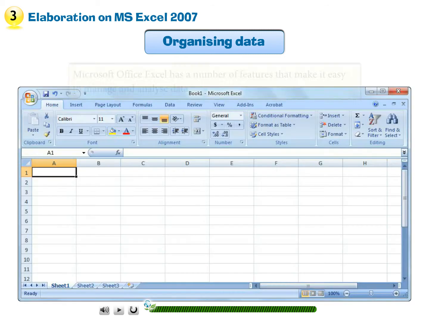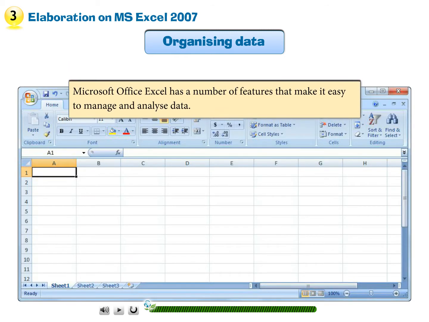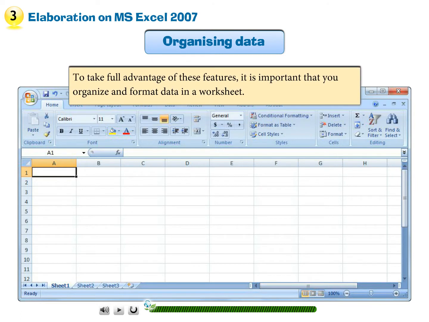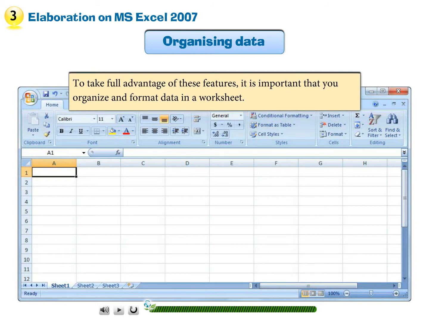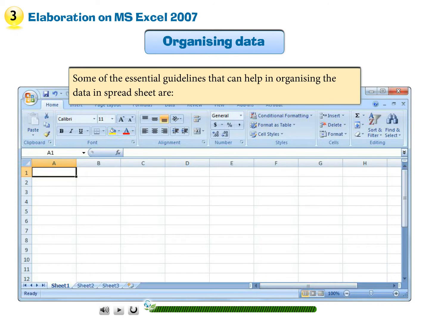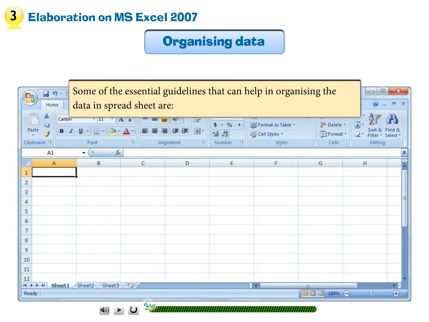Organizing data. Microsoft Office Excel has a number of features that make it easy to manage and analyze data. To take full advantage of these features, it is important that you organize and format data in a worksheet. Some of the essential guidelines that can help in organizing the data in a spreadsheet are: